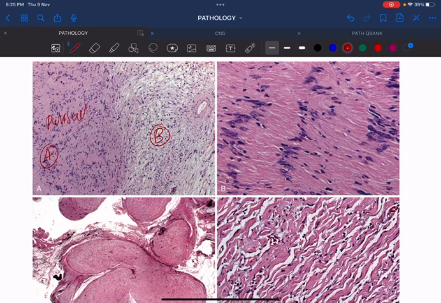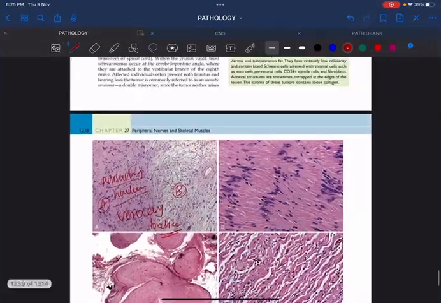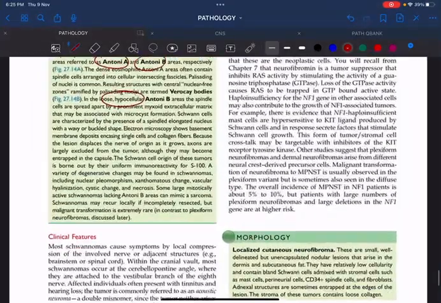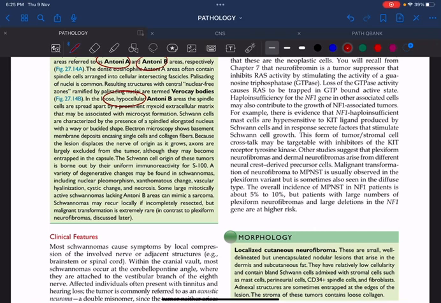This palisading of nuclei you see in schwannomas is called Verocay bodies. Verocay bodies, very, very important. This is a university exam spotter for your pathology practical exam. Fine? Okay. And in Antoni B, we can see myxoid